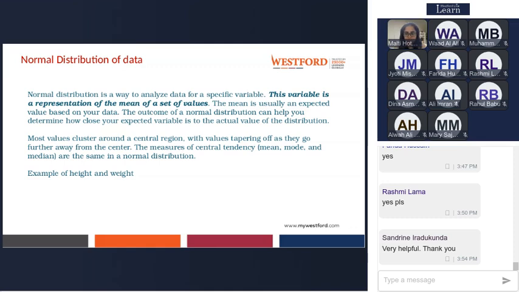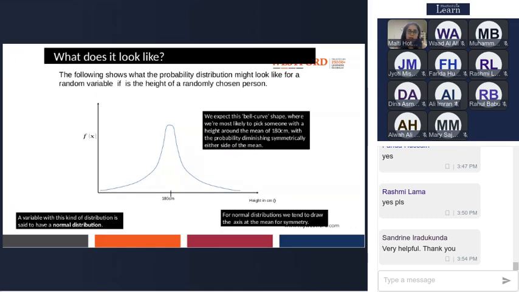I'll show you what normally distributed data looks like. So this is the mean, that is the average. The majority of the data falls on the mean area, and others are scattered in a bell format.